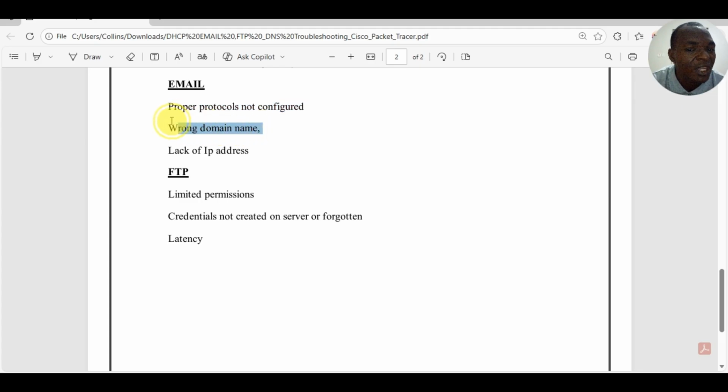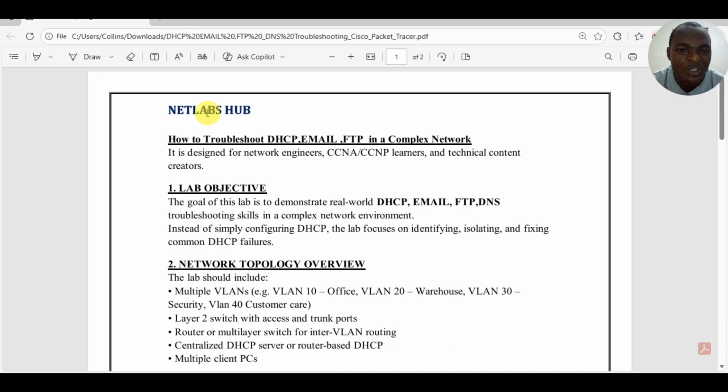Two, the domain name is wrong. For example, assume netlabshub.com is a domain. This organization, Netlabs Hub, we use netlabshub.com as our domain. So, for example, admin@netlabshub.com, customer care at netlabshub.com. When the admin sends an email to customer care